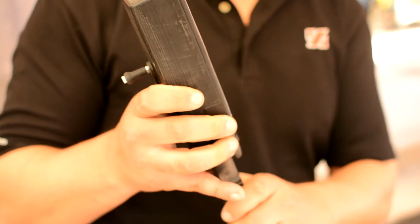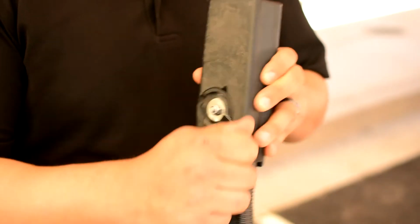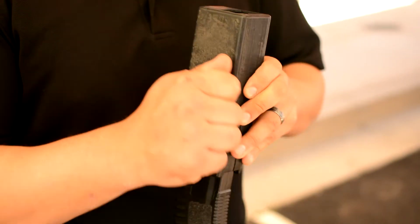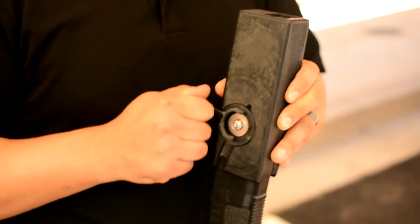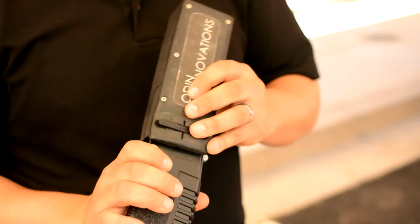And if you haven't seen it, check out merlinsairsoftnews.com, and there's a preview video where John from Z-Shot walks us through the M12 Speedloader. It's a 3D printed, basically a plastic speedloader with a winder. Right now it's constructed for the M4 magazine, and adapters will come out for it. But it's got a winding